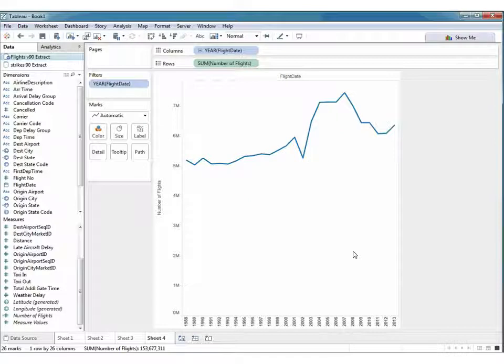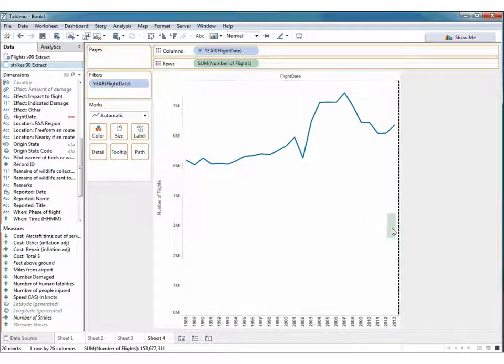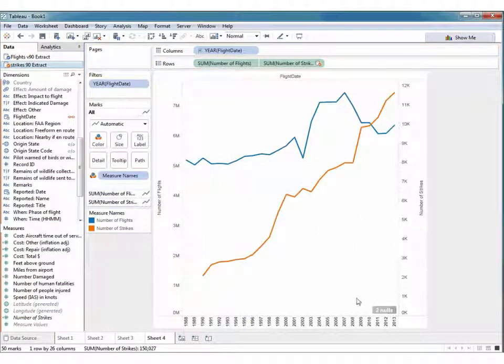And now we can explore our hypothesis here by dragging out number of strikes and comparing these two against each other. And what we can see over a 2-decade period is that the number of strikes is going up. But for the first decade, the number of flights was flat, so we don't see strong correlation between those two, even though there was this increase here that would relate with that one. So that's my demo, quick demo.